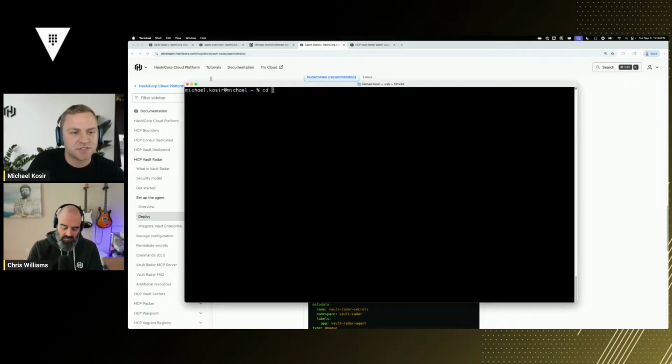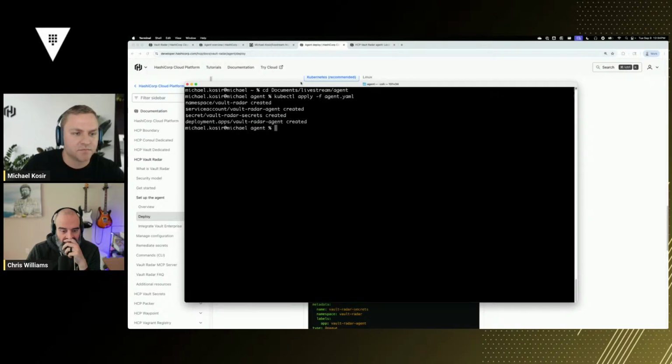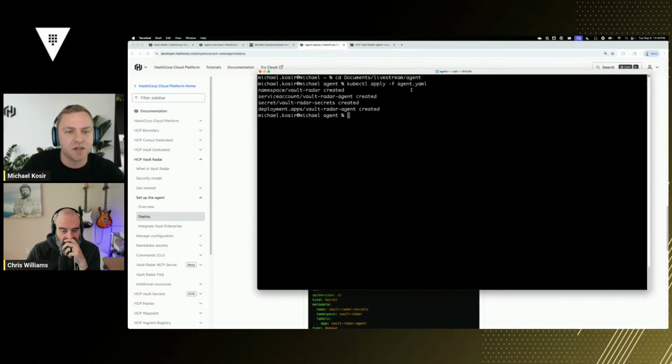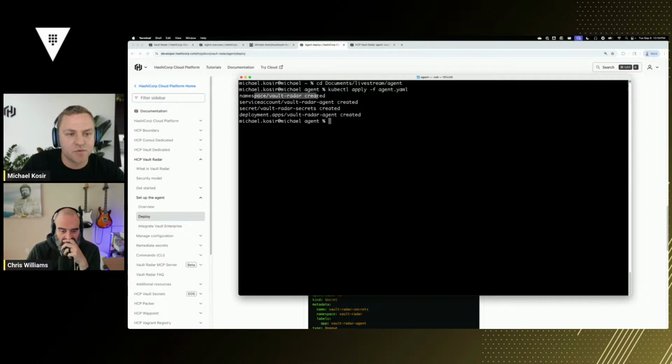We will cd documents, livestream agent, and all right. So we just did our kubectl apply, and we can see that we created Vault Radar agent, namespaces, deployments, things like that. So if we do a kubectl get pods in namespace Vault Radar agent, or Vault Radar, I believe,